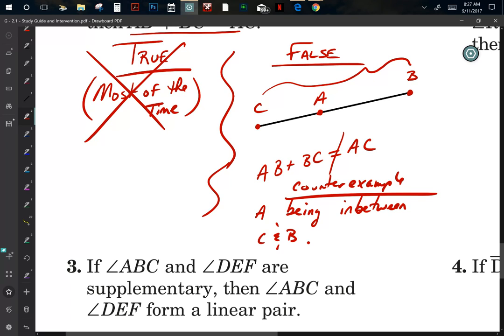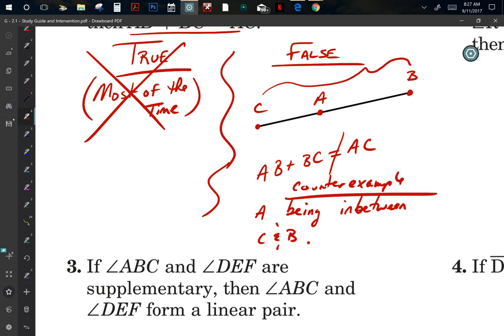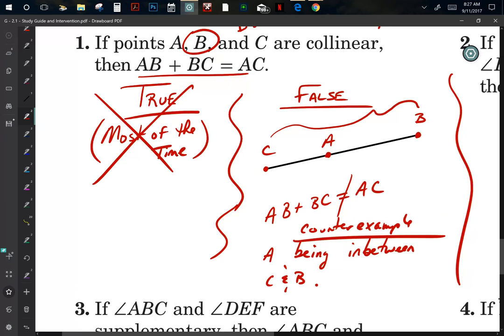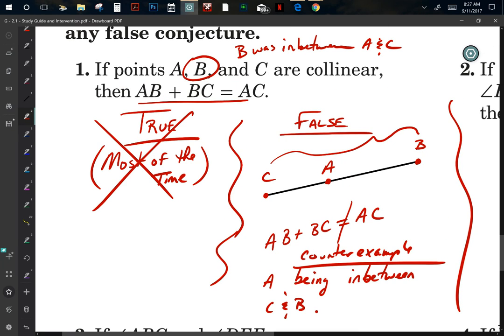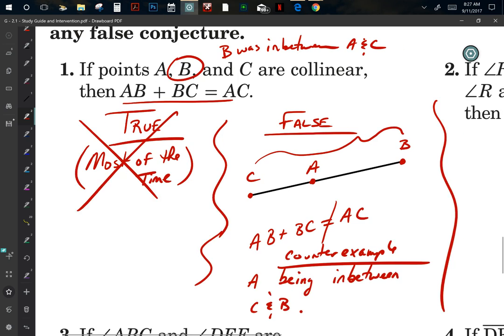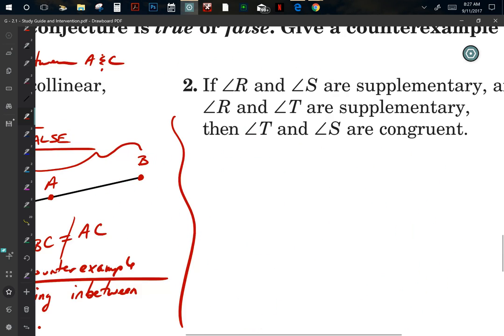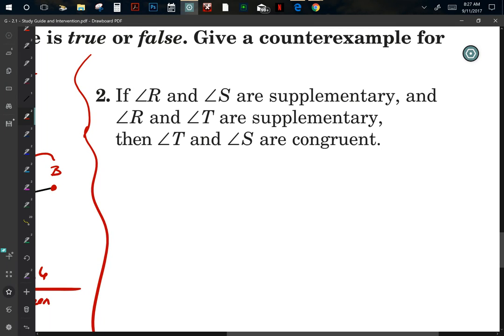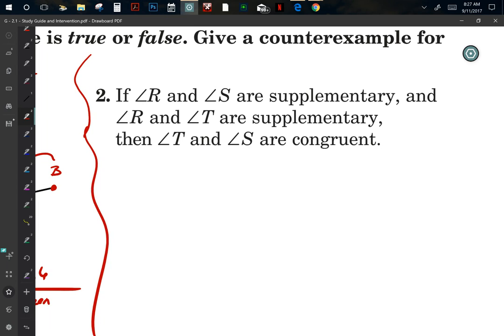Like I said, I am going to post this. You guys see the difference there? See why that's a counterexample? You want to jump to the conclusion, oh yeah, that's true. That makes complete sense. But remember, if you can find one time that it's false, it's not true. You understand what I'm saying? Because when we say this is true, I'm saying it happens all the time like that. And this is one of the harder chapters, I will say, because of how it makes you think, and we'll be doing proofs in the second part. Okay.